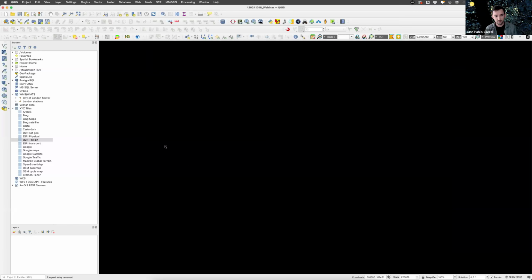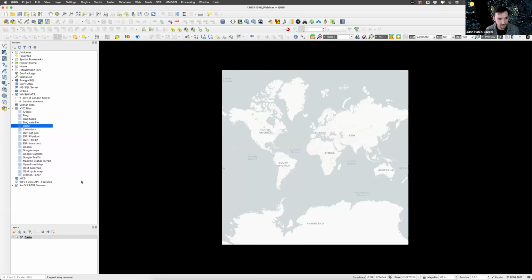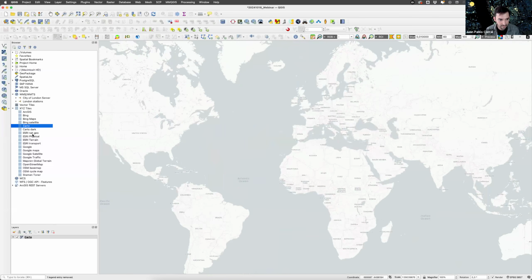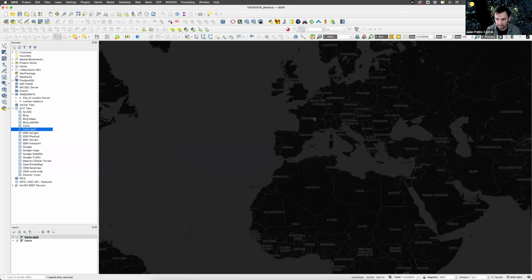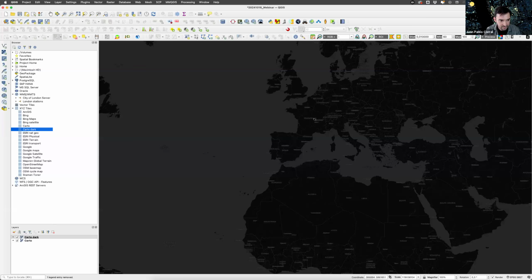So first of all, when you open QGIS, you will see something like this, an empty screen, a black background. The first thing that you need to do while working with QGIS is to set a base map. And the good thing here is that you can add multiple and different base maps. For instance, you can set some Carto base maps, like Carto Dark. I think this is one of my preferred base maps, with these black tones. And the way of setting a base map in QGIS is pretty easy.